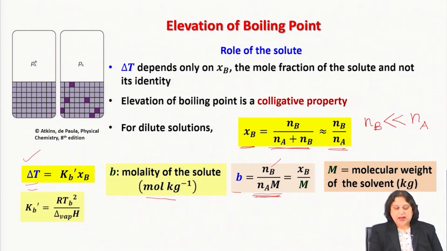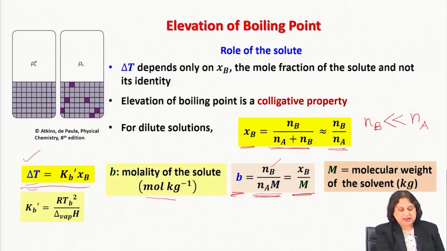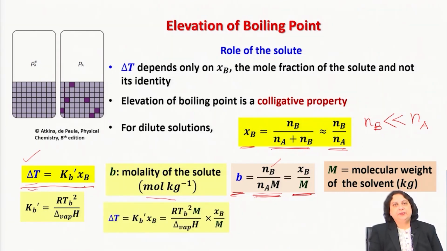And therefore, I understand that if I am adopting B as the scale for the concentration of the solute, then this B is related to the mole fraction as Xb by M. Now look back at the original expression that we have derived. Delta T is equal to Kb prime into Xb. Now I'm going to modify it a little bit. I'm going to write down what Kb prime is,